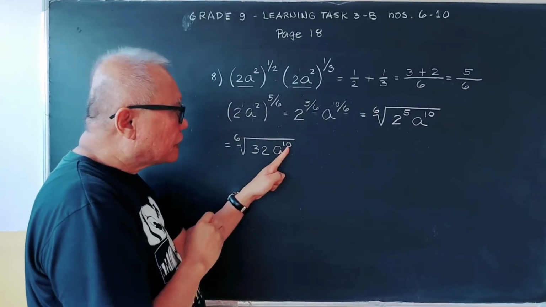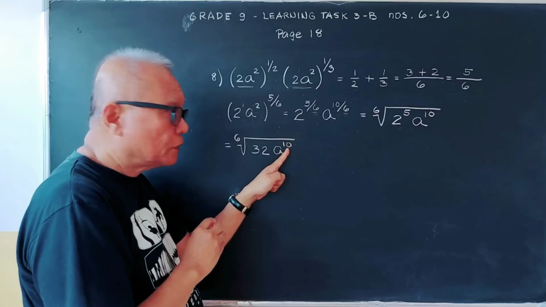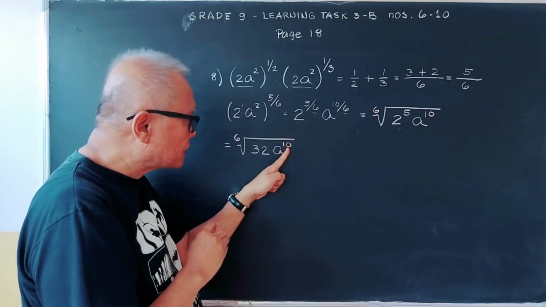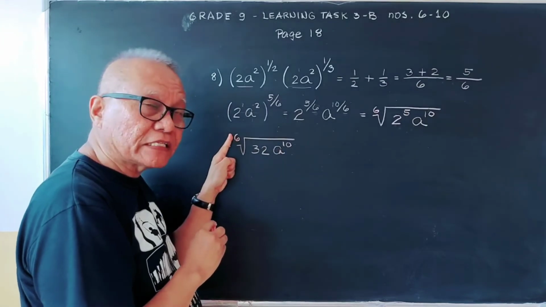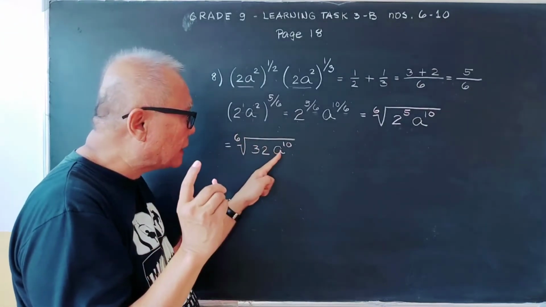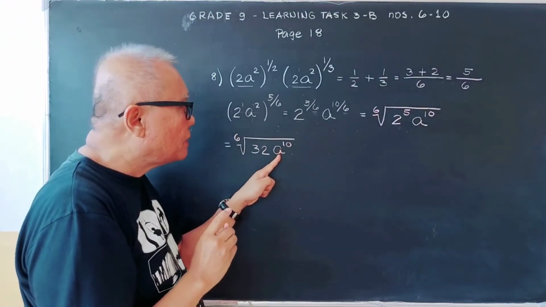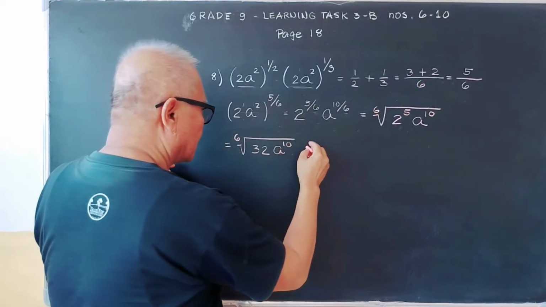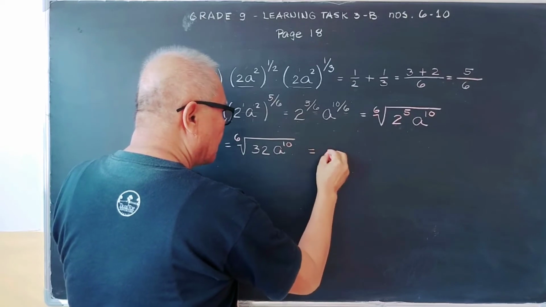Dito sa a to the 10th, may makukuha tayo. Alisin natin yung a to the 6th. Yung a to the 6th to the 1/6 ay 1. Magiging a na lang yung a to the 6th. May matitirang a to the 4th. So, ito hatiin natin. Parang ganito. Is equal to,